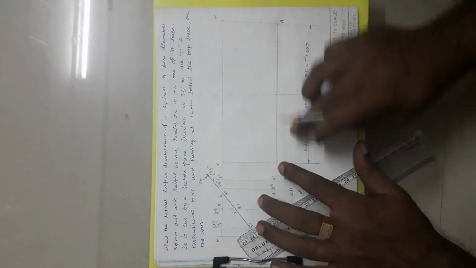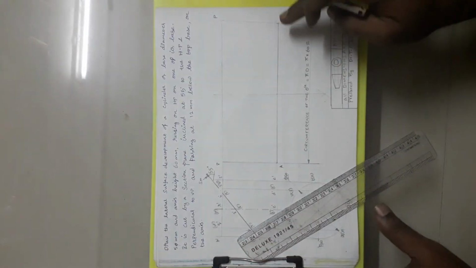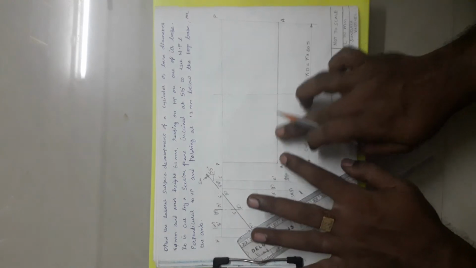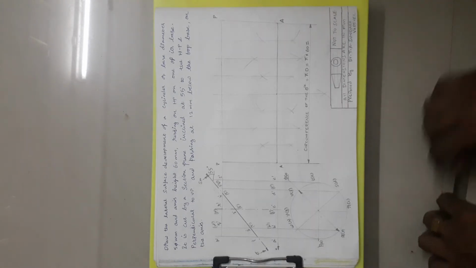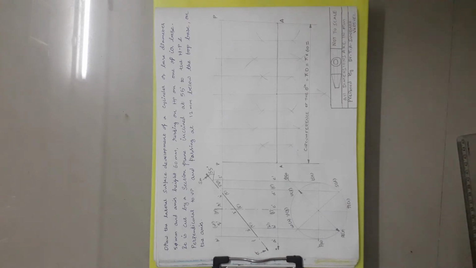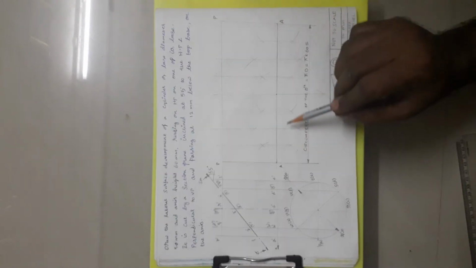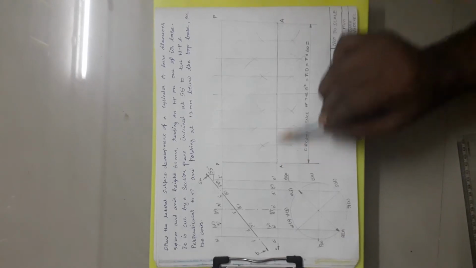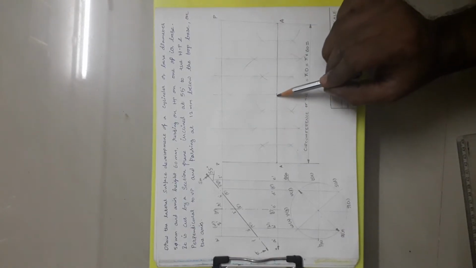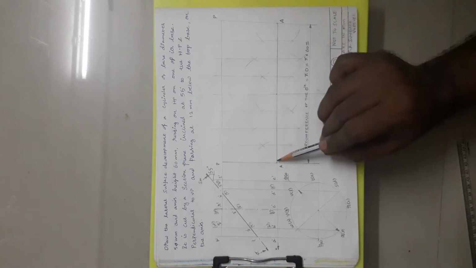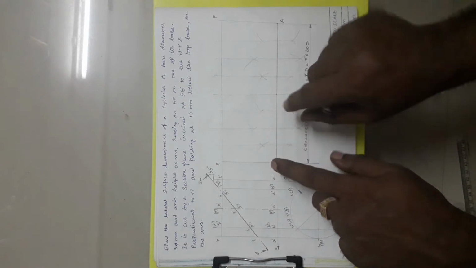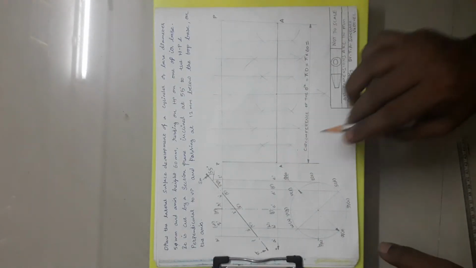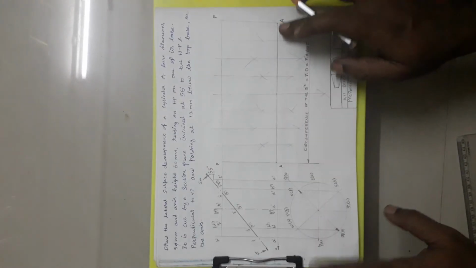So now this line AA is bisected. Like that, I have to make 4 divisions on this side and 4 divisions on that side. So now we have divided this line into 8 equal parts. That is, first the AA line has been divided into 2, then this division is divided into 2, then this one is divided into 2. Like that, using the bisecting method, I have divided this line AA into 8 equal parts.